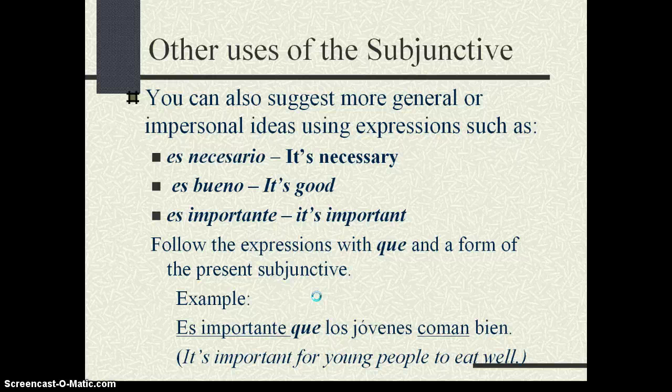It's important for young people to eat well. So the general expression es importante, that's in your main clause. Then you have que to join the two clauses right here. And then los jóvenes, young people, coman bien. This is the subjunctive for ellos, for the young people, in the present tense. Okay, so